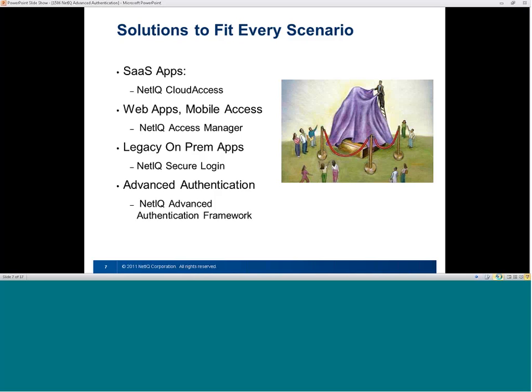Or they may be using web applications and they want mobile access to all their applications for their systems, and they'd like to have all of that be managed from one point. Or they might also have legacy on-prem applications, and they'd like to have all of those, again, be managed from